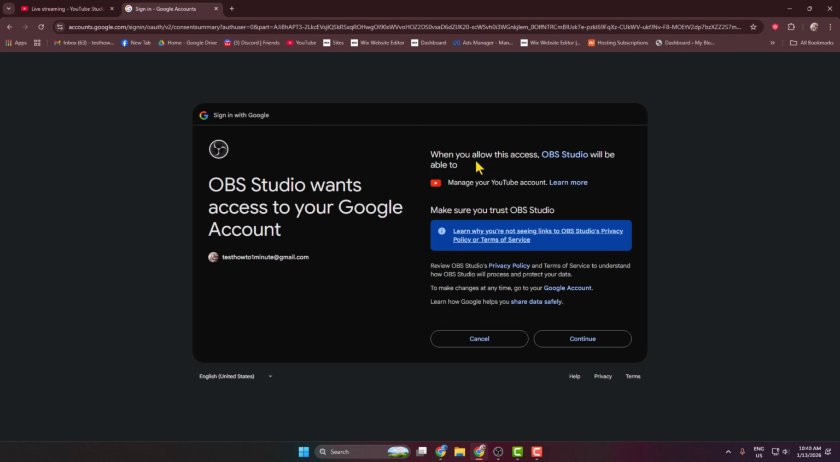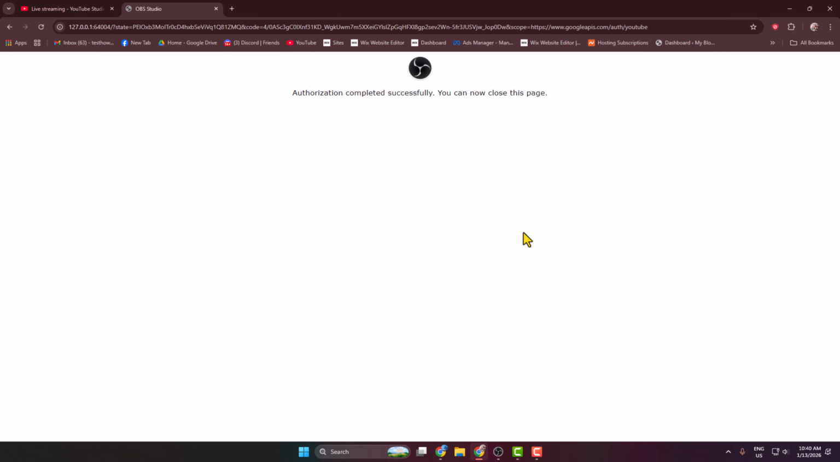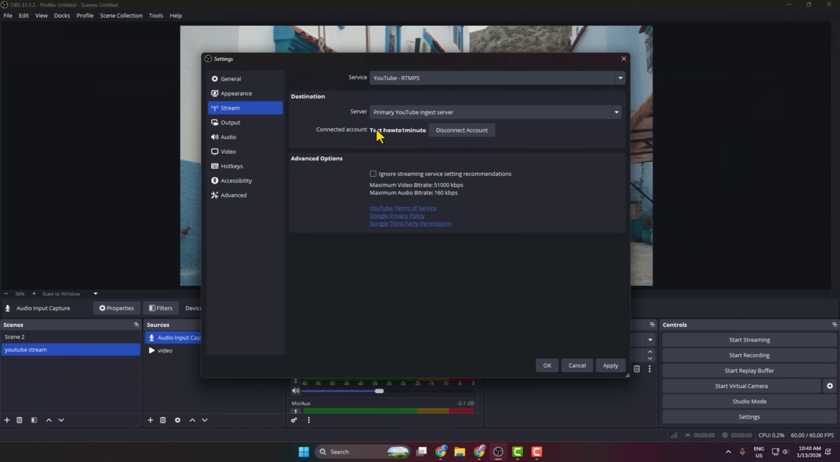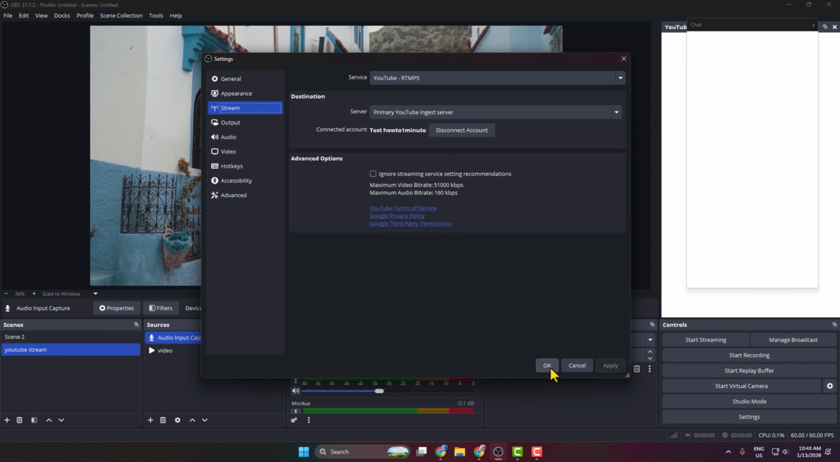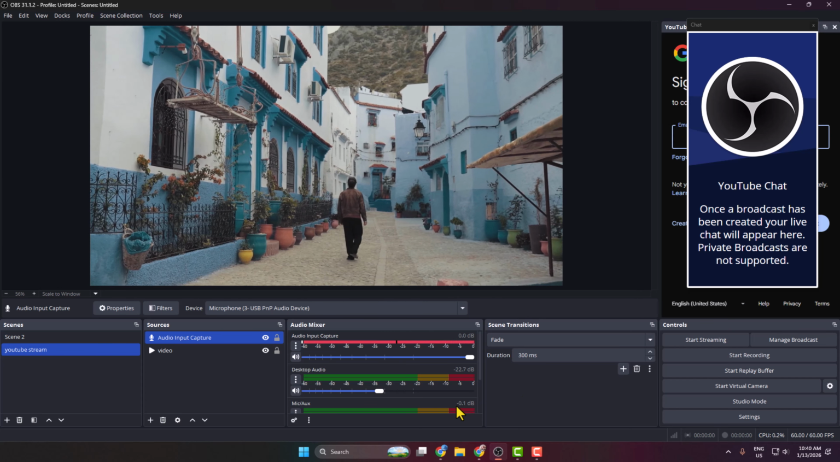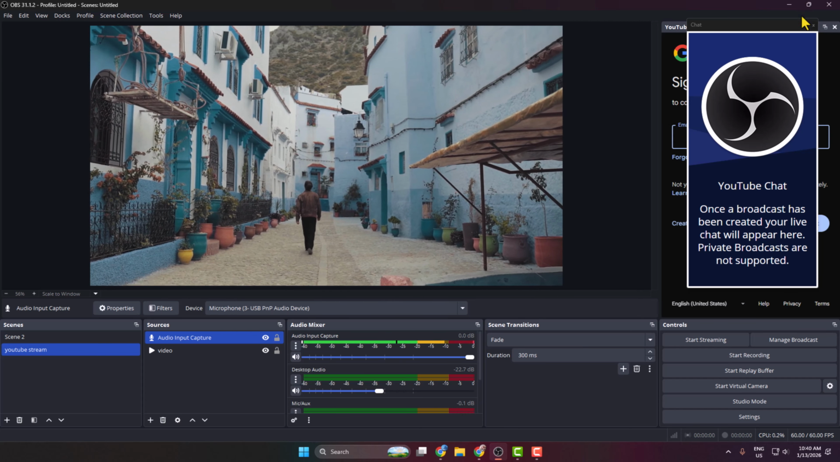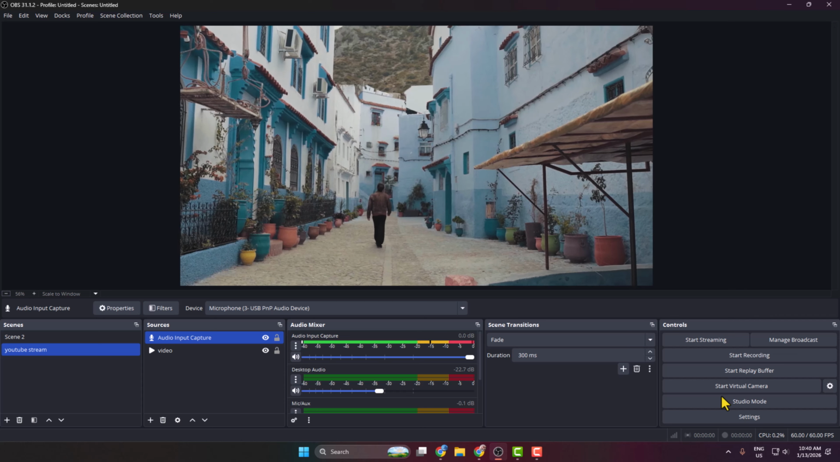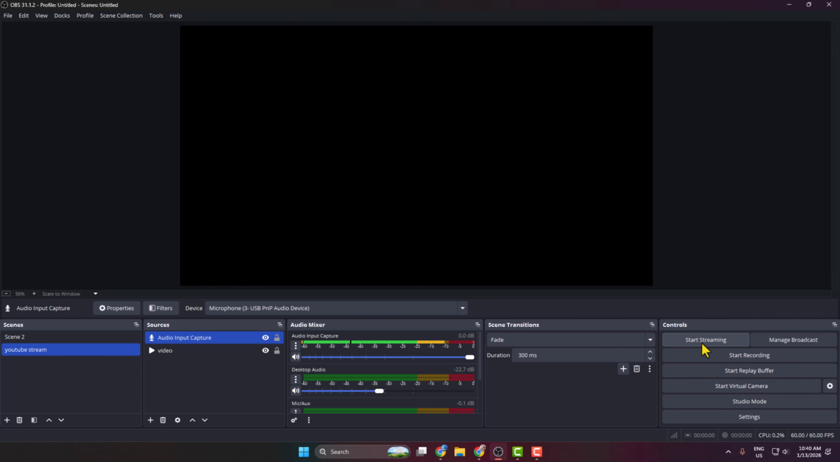Select your Google account for YouTube, click on continue, and we can see the YouTube live stream now connected with my OBS Studio. And here we can see my channel name showing, then clicking on apply and OK. Now we are ready to go live. Just click on this start streaming option,